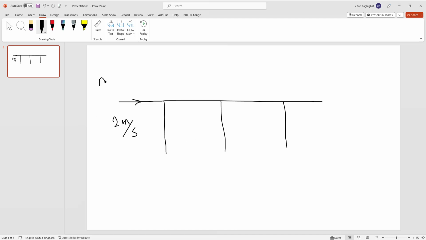The diameter of the main pipe is equal to 20 centimeters, and the temperature here is equal to 20 Celsius. For the first pipe, the diameter is equal to 5 centimeters, and the velocity of the fluid is equal to 1.5 meters per second, and the temperature is equal to 90